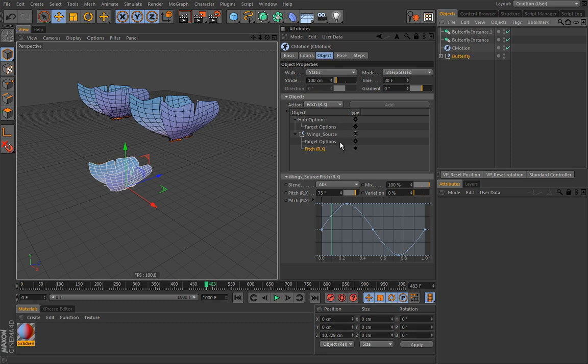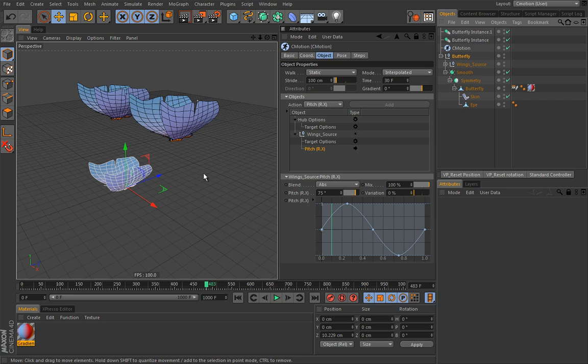Now some of you may actually need this original object to be able to move, even though it is controlled by C motion, but that unfortunately won't work. What you can do, similar to what we did in our motion capturing lesson, is to just constrain this wing source, in this case, to some arbitrary null object or any other object, but nulls are preferred because they're not visible once you are rendering, and you can then drive the rotation on that null object and simply constrain that. So a lot of possibility there. Okay, so let's